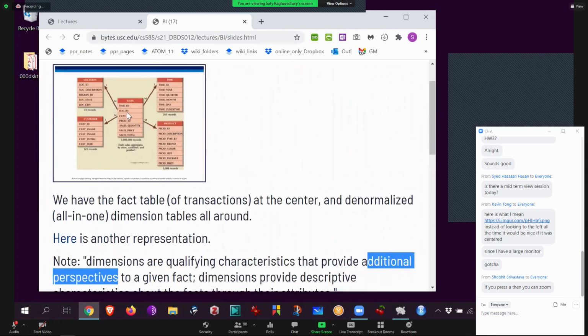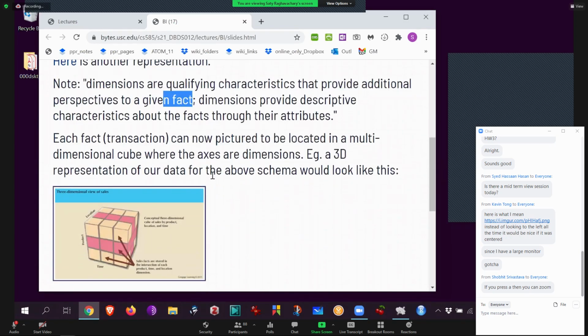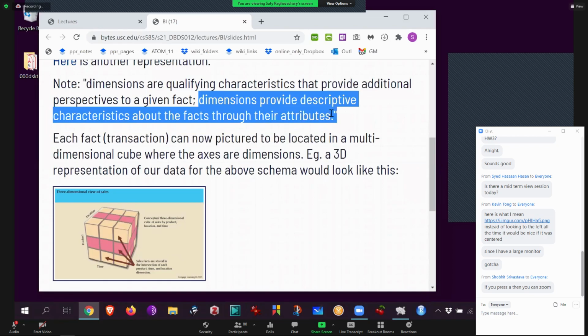In other words, the sales receipt only told me location ID 40. But now I know 40 is also part of California. So if somebody ever says, tell me about California, I'm going to include 40. So it is additional perspectives, okay? So a fact is just a fact, but now we can do more with that fact because we know more about what characterizes that fact, meaning what columns went into describing the fact. And so that is where the hierarchy comes in. You have an attribute hierarchy.